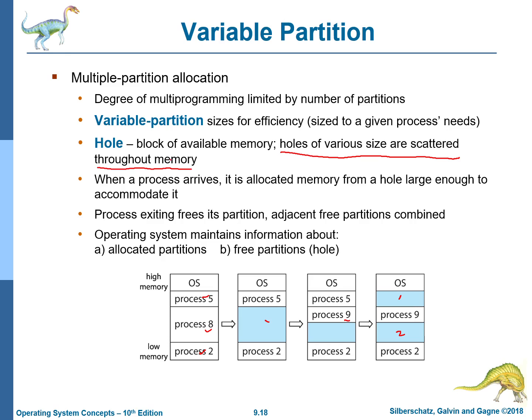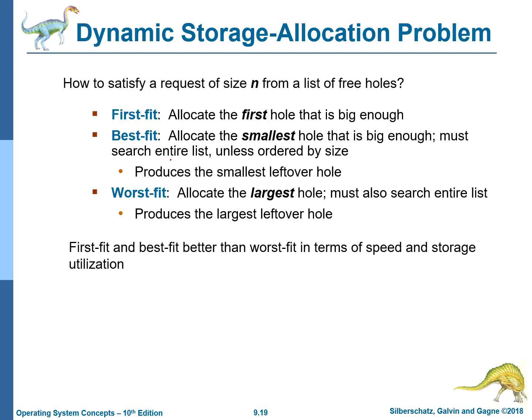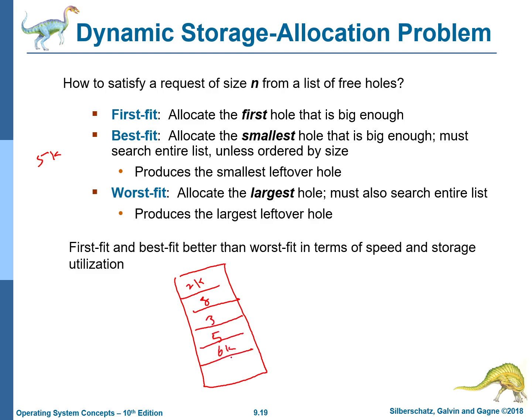Okay, so these are some contiguous memory allocations. Now to overcome this issue up to some extent, we have some algorithms which we call first fit, best fit, and worst fit. These are actually approaches. Now first fit: suppose I have 5k of data to write, and in the main memory maybe I have 2k, 8k, 3k, 5k and 6k,